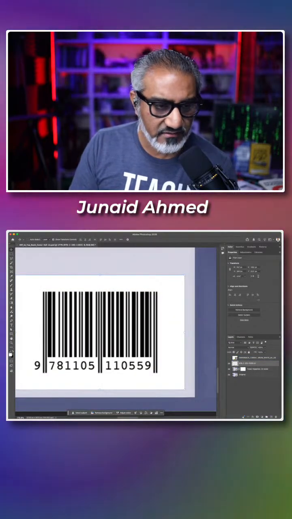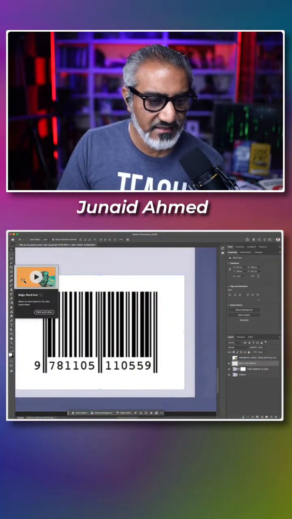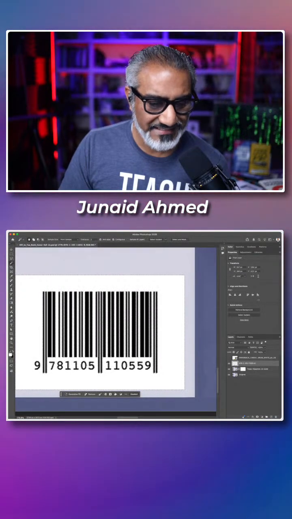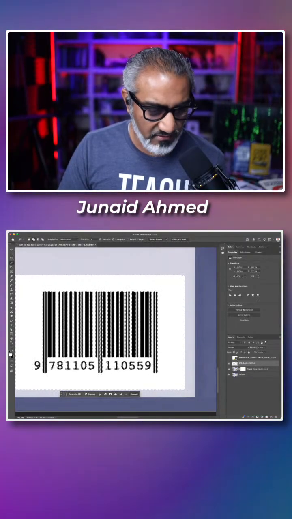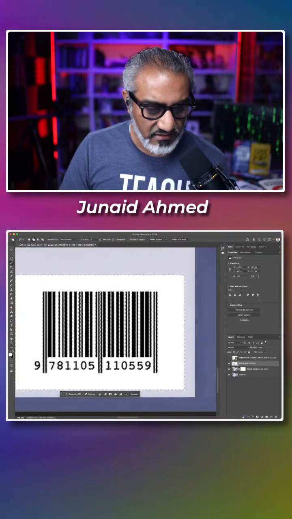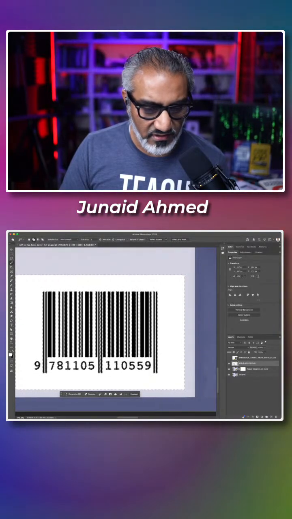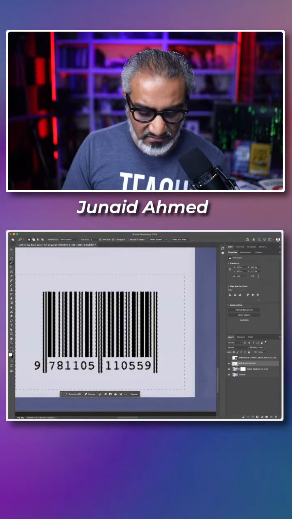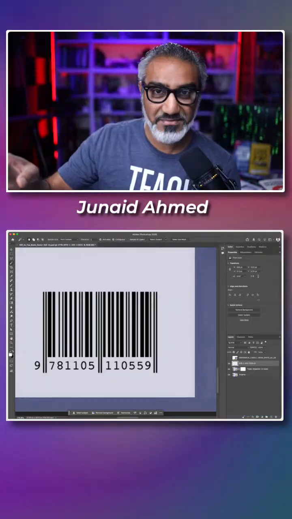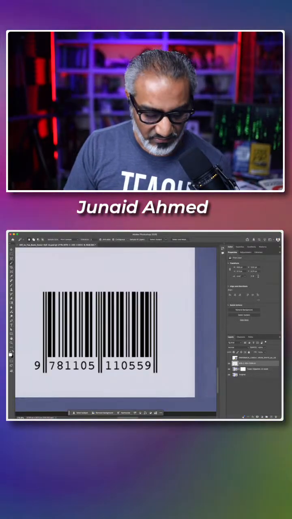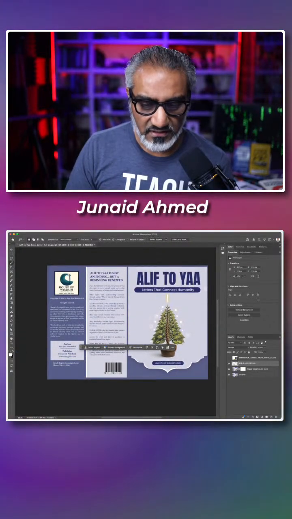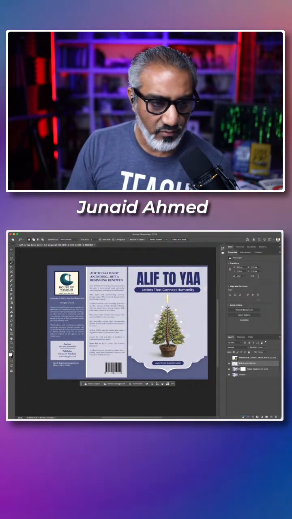The next thing I'm going to do is simply click on this magic wand tool and select the white background. I'm also going to select the circles inside, and then hit delete, and voila, I have removed the background. Of course, it was much easier because it's a white background. And now if I zoom out, I've got my barcode right where I want it.